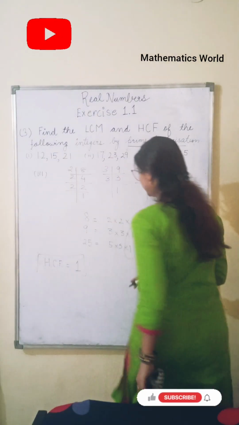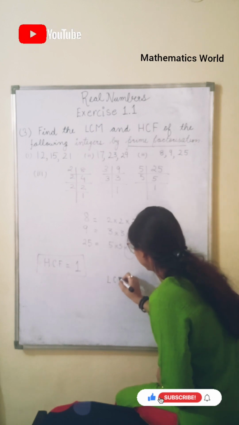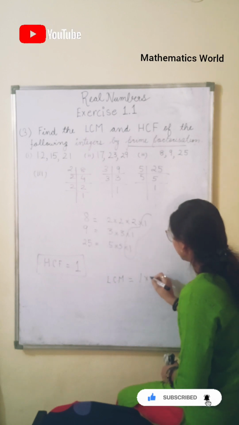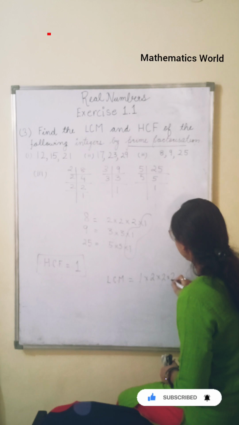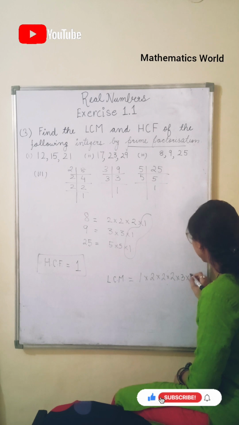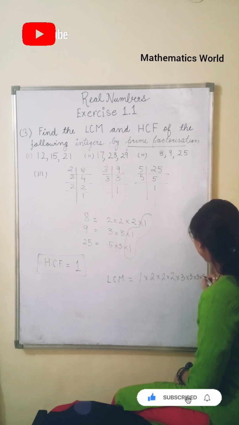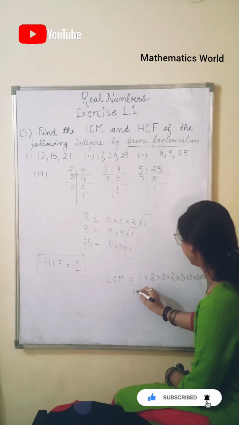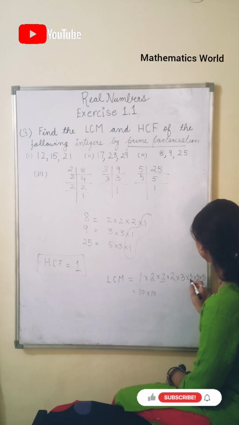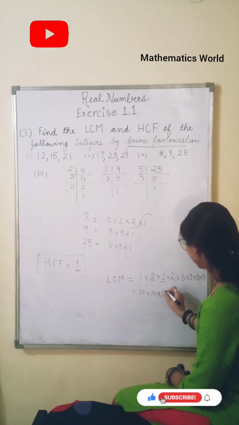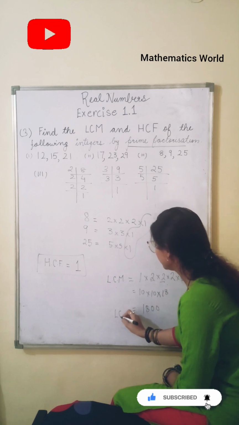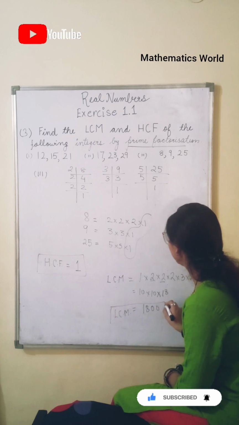And the LCM, that is 1 तो सब में कॉमन है, बाकी ये नंबर्स जो लेफ्ट आउट नंबर्स हैं उनको भी हम मल्टीप्लाई कर देंगे. So it is 2 into 2 into 2, 3 into 3 and 5 into 5. So let us multiply them. 5 2s are 10, 2 3s are 6, 3 6s are 18. So the LCM is 1800. LCM of these three numbers is equal to 1800.